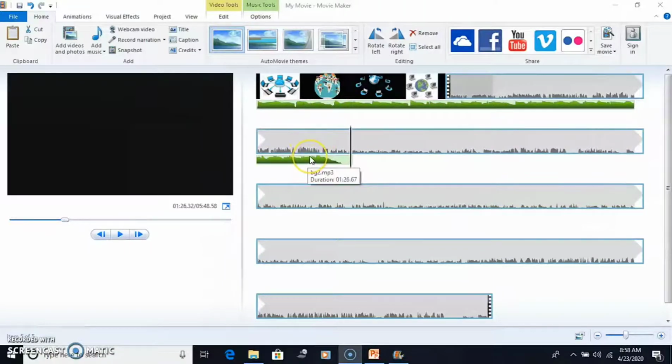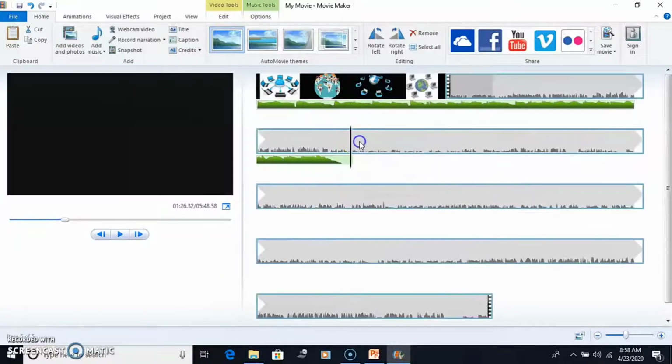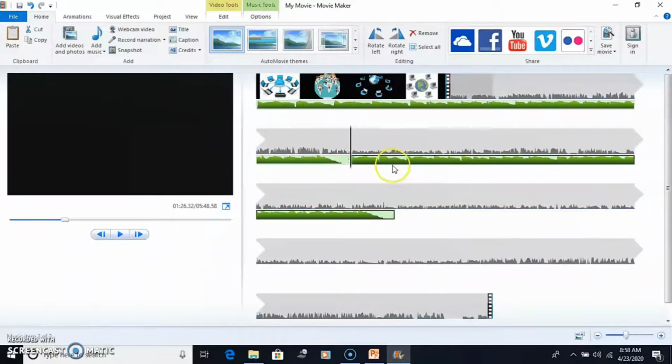So I am copying and pasting the same audio by right clicking on the music. Just click on the Copy option, then go to the desired place and again right click and click on Paste. The music will be added again. Same process we have to follow with the remaining clips.